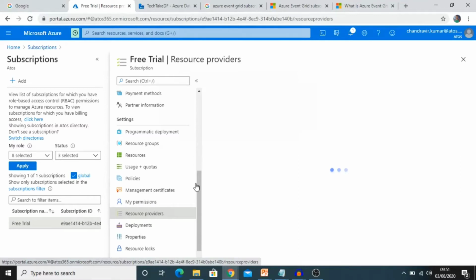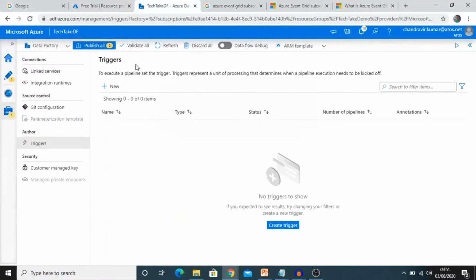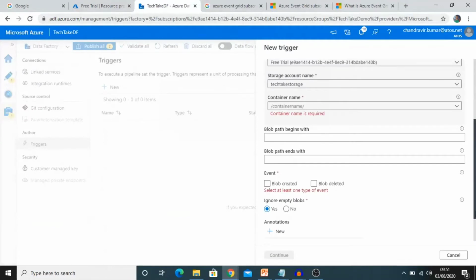So that's why, for the Event Grid event trigger, we will get an error like your Azure Event Grid is not registered. Let me show you that. My internet looks slow. Let me create a new trigger here for an event based trigger, and we will see how we get that message that your Azure Event Grid is not registered.